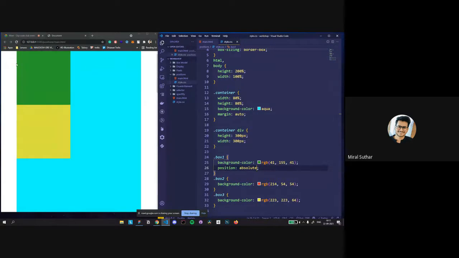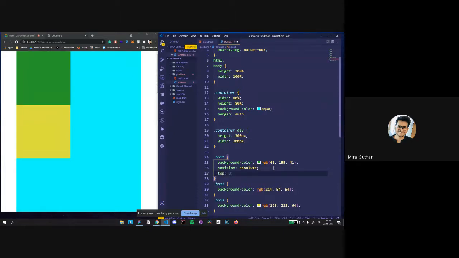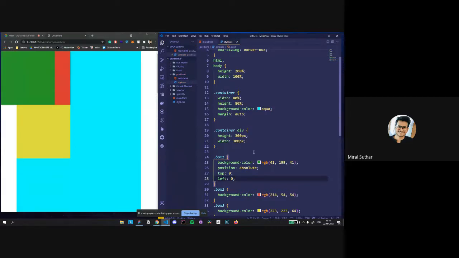It just throws it outside the HTML, outside our body. So we have to give it a position because it's absolute, it's going to be somewhere. We have to give a top, left and bottom. So here, yeah, it's our green box. You can give top 0, left 0, and it's just going to be over here. And you can also give top 10.